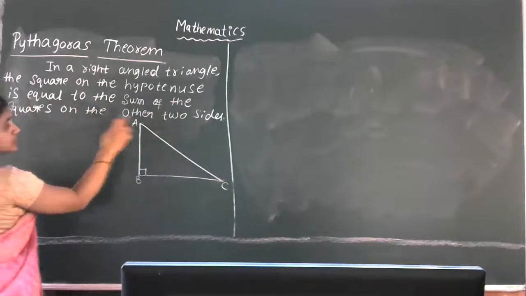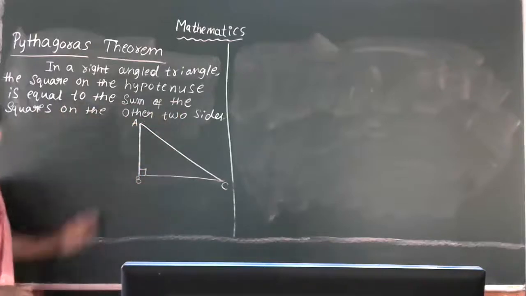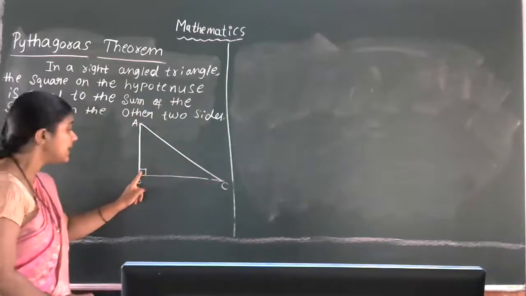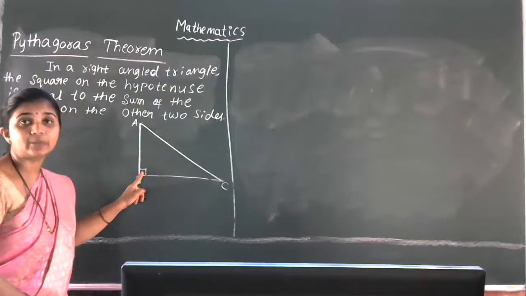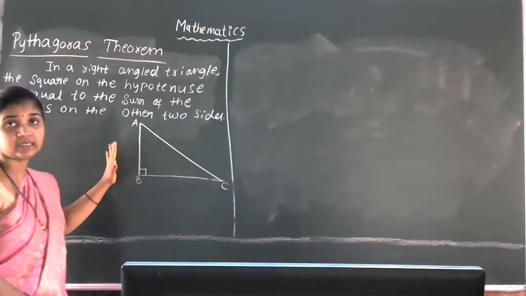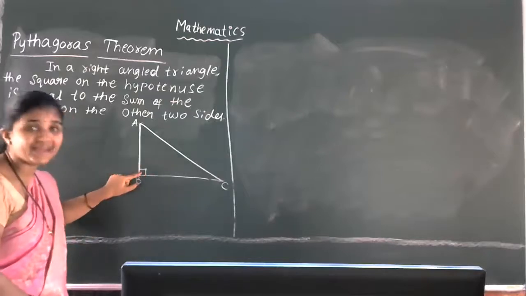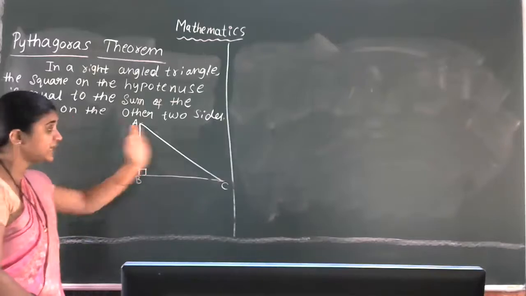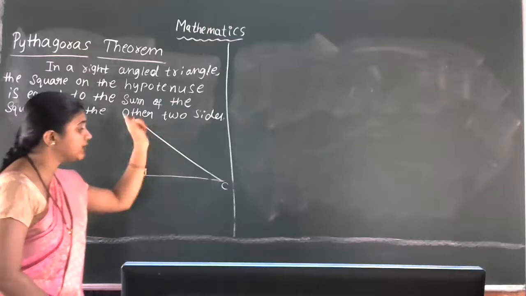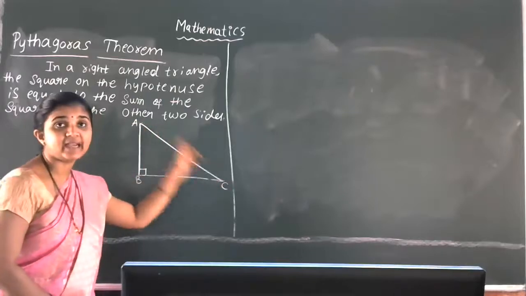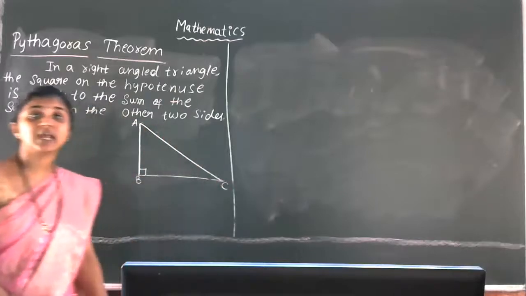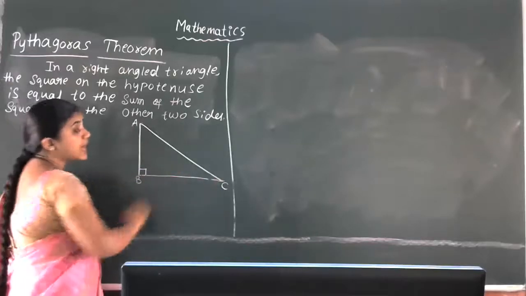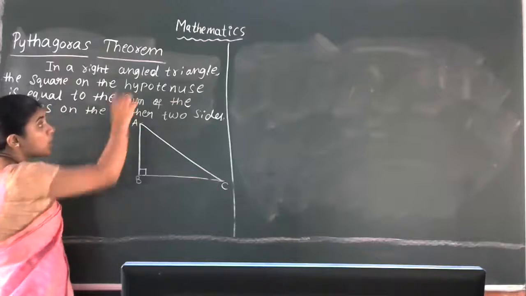Yes, we'll go to the proof part now. The proof is divided into two sections: one side is statement and the other side we'll write as reason. So one side statement and another side reason. Up to this everything is clear now. We all know the similarity of triangles, so now we are going to use the similarity of triangles.